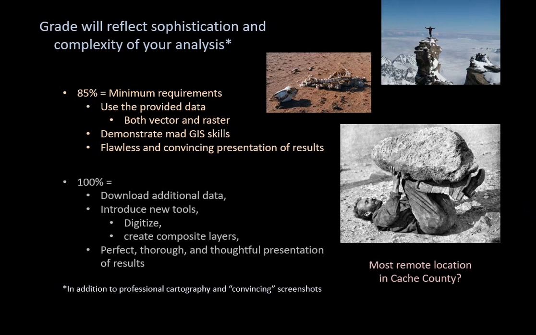If you want to receive 100% and do better than a B, and a B is a great grade, you need to go after a few things. You need to download some additional data. Don't use just the canned data that we give you in the zipped data folder. Go find something new to work with. Introduce a new tool. Go find something new that you've never done before, kind of like the Freestyle Lab. Have some fun with this. If you digitize, that's fine, but then also run some vector tools on top of what you're digitizing. Digitize something and then also bring in some vector data that you can buffer, clip, intersect, etc.